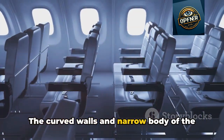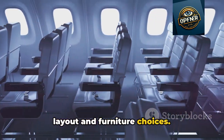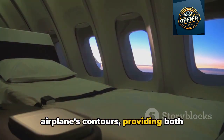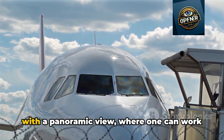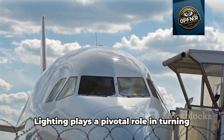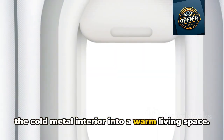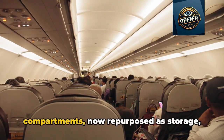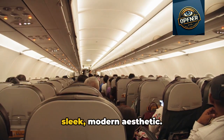The curved walls and narrow body of the Boeing 727 inspire creative layout and furniture choices. Custom-built furniture follows the airplane's contours, providing both comfort and efficiency. The cockpit transforms into an office with a panoramic view, where one can work as if piloting through the clouds. Lighting plays a pivotal role in turning the cold metal interior into a warm living space. LED strips line the original overhead compartments, now repurposed as storage, casting a soft glow that highlights the sleek, modern